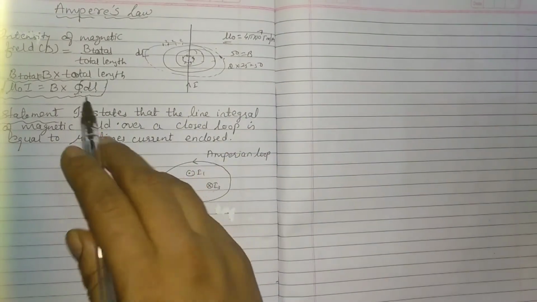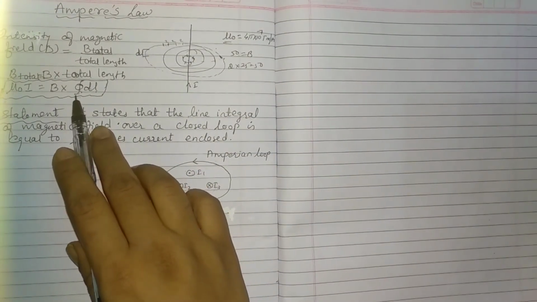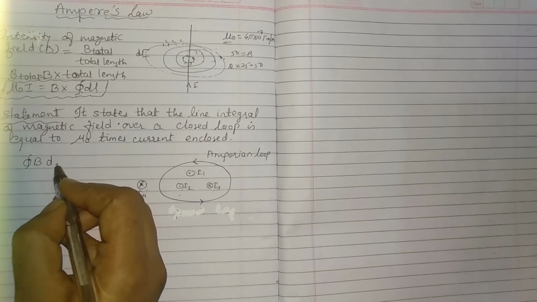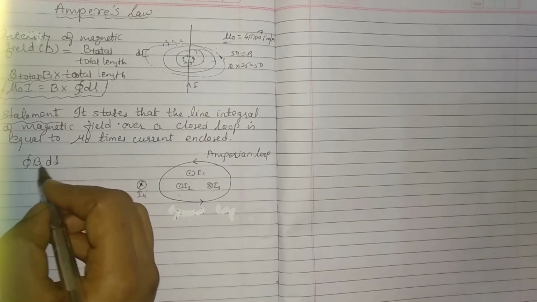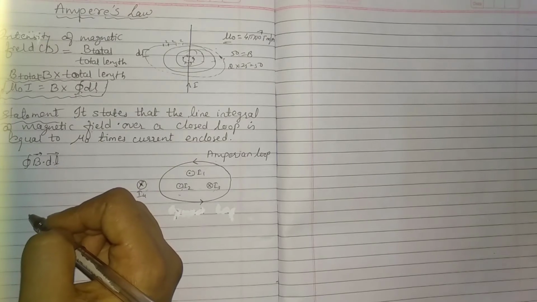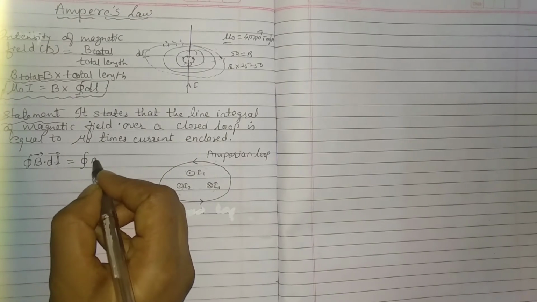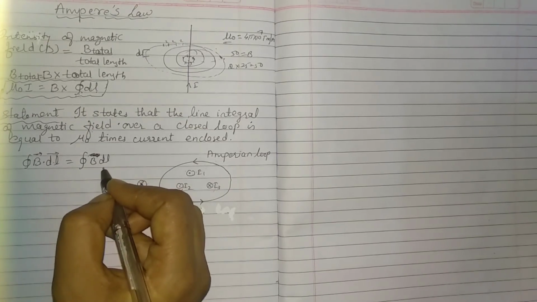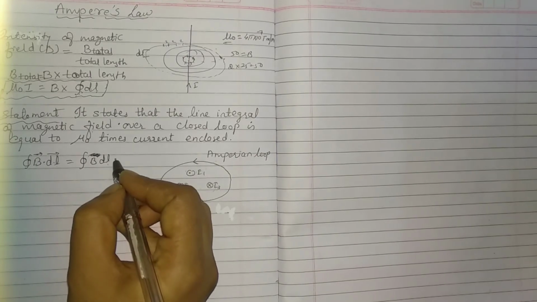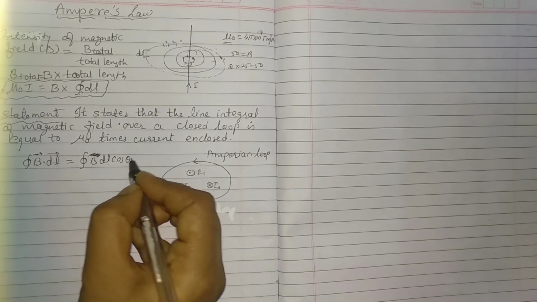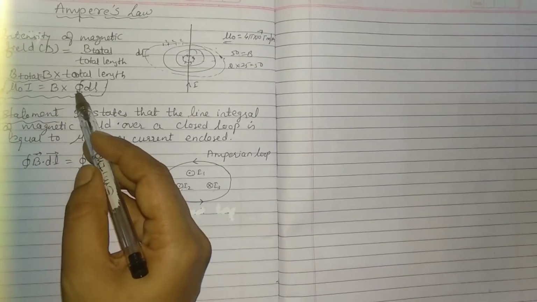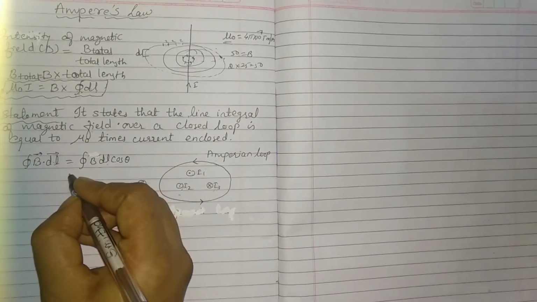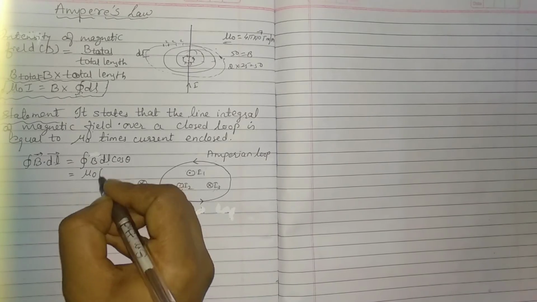So, can I consider this Amperian equation as integration of B dot dl, as it is said? If you see, both are in vector form with a dot product. So, can I write this one as B dl, no need of vector now? Since it is a dot product, can I take a cos theta over here? This becomes the RHS compared to this expression. Now what will be the LHS now? It is mu naught times I. So can I write this one as mu naught times I?